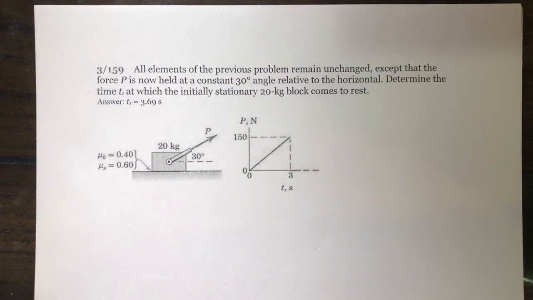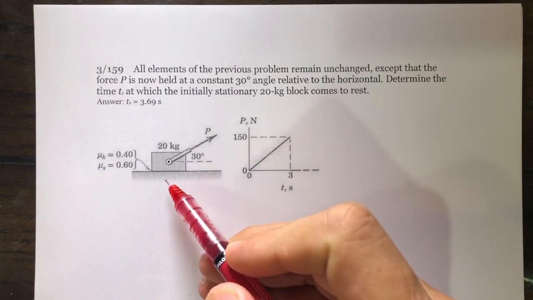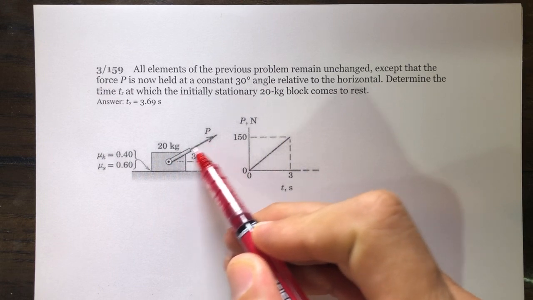Problem 159. This is a very good example for linear momentum and impulse. So I would suggest to think about this problem at least for 15 minutes before seeing the solution in this video. So in this problem, we have this block, which is sitting on the ground, and we are applying force